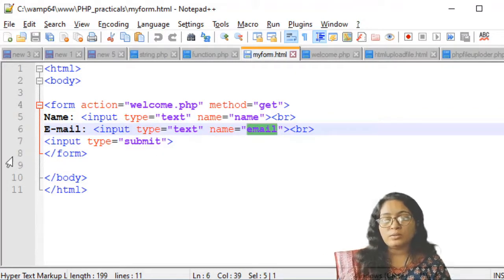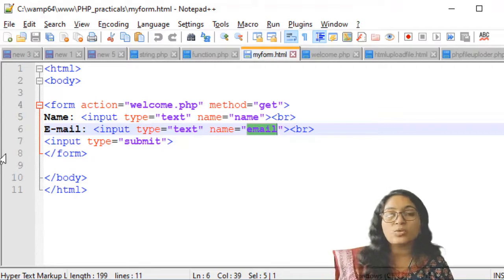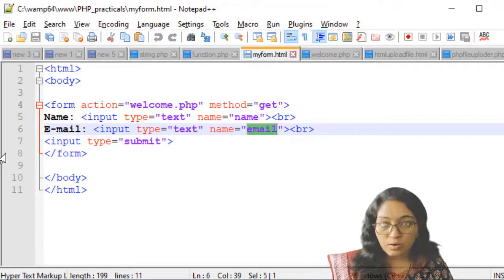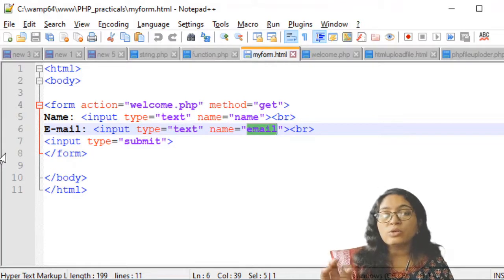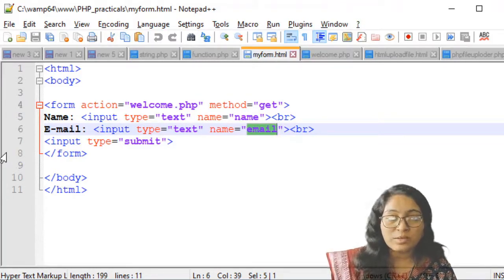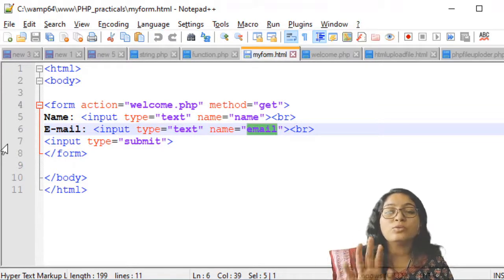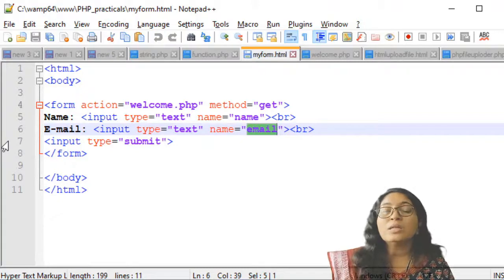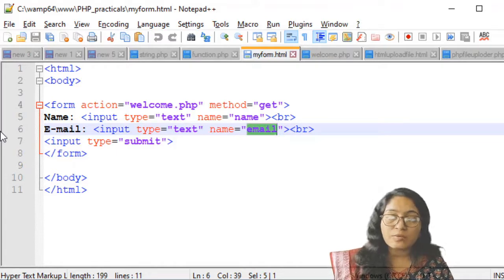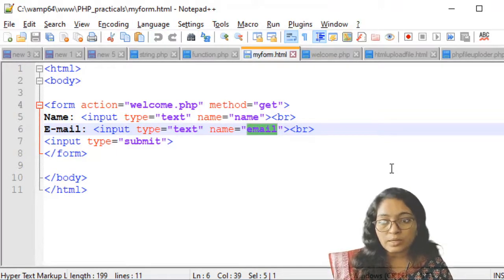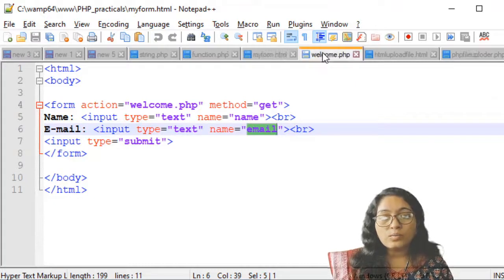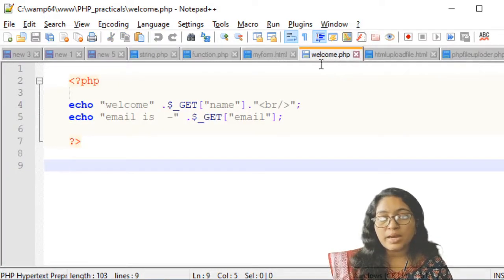You cannot execute this practical directly, as we execute an HTML practical directly from the browser. Compulsory, when you are doing form processing using HTML and PHP, you have to execute this HTML file through the web server only. Then and only then it will give the output. If you execute it directly, then it will not give the expected output. So first of all, start the VM server, start all the services, and from localhost you can execute this practical.